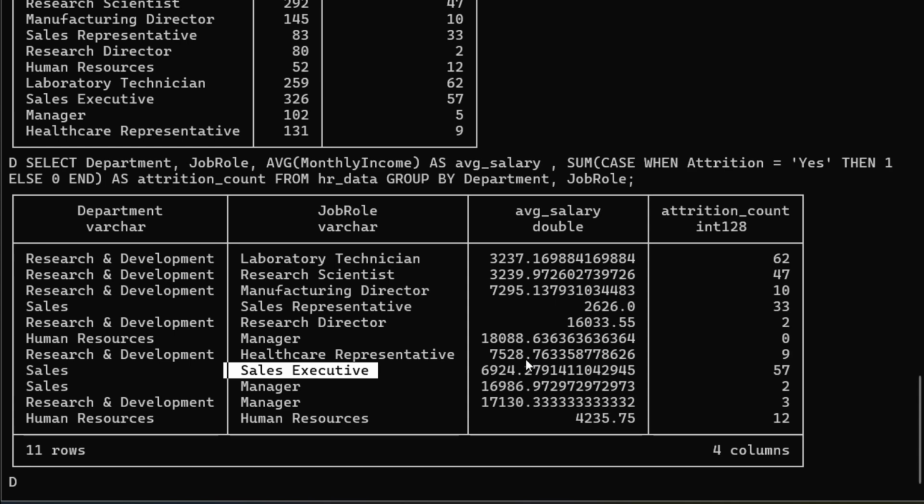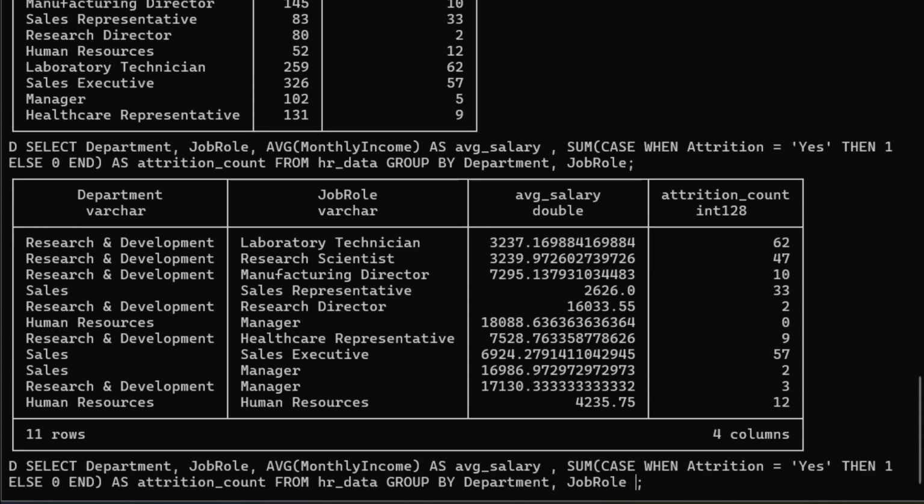Now let's talk about the medium salary, that is, the sales executive people. Sales executives have around 7,000, and the attrition rate is 57. So this role has a decent salary but still has high attrition. So here salary may not be the only reason. Other factors like work overload or stress could be affecting these roles. So from this analysis, we can identify the main problem as employees in low paying roles are leaving